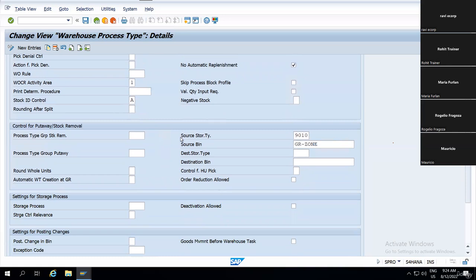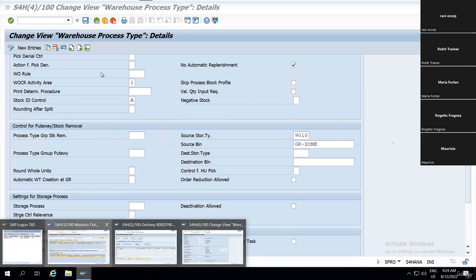So here is the important thing: control for put away or stock removal. Control of put away or stock removal means that in the inbound or outbound process, these indicators are widely used or determined. Okay, if I open an inbound delivery,